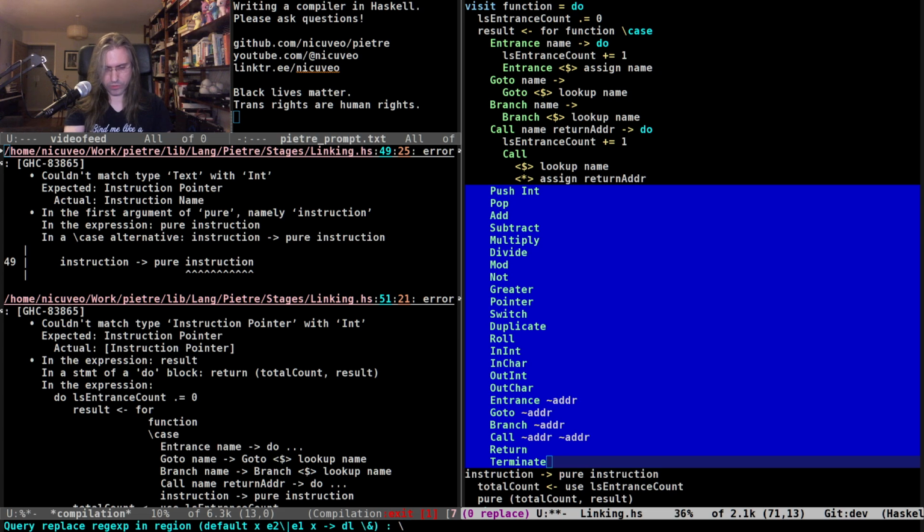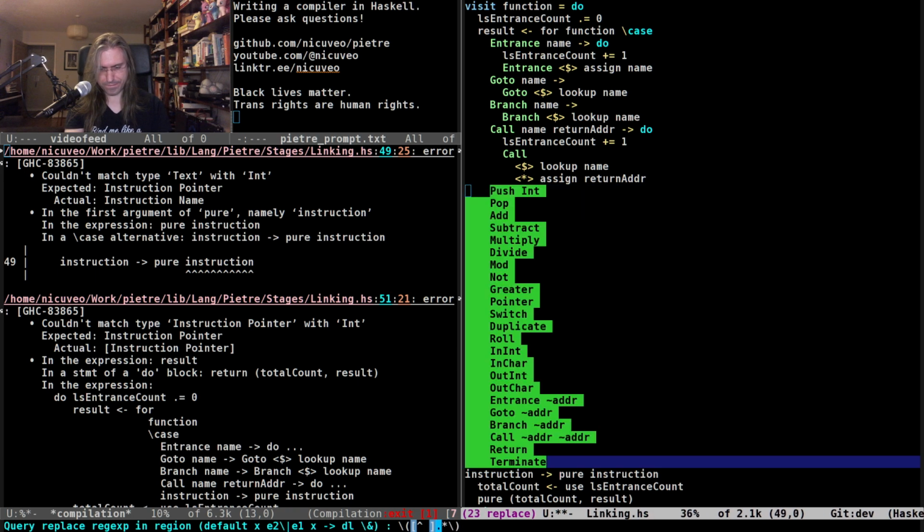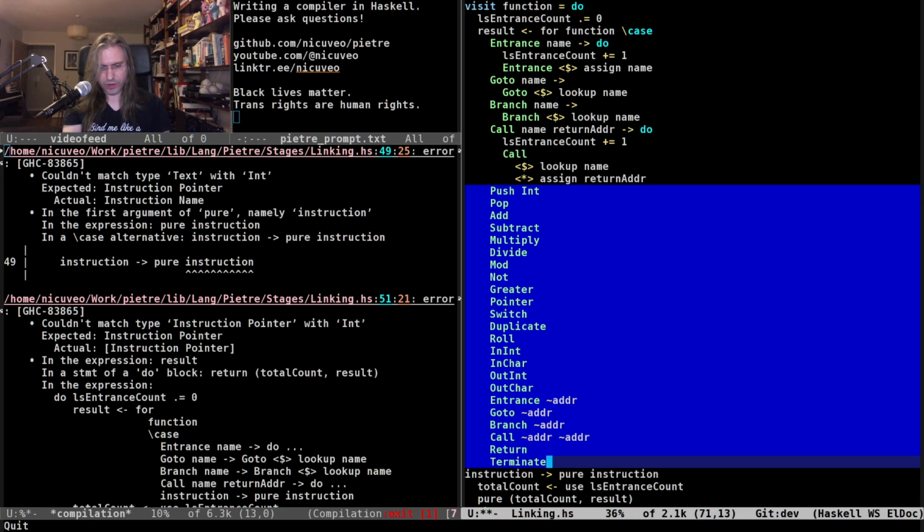I want a group of non-spaces star followed by everything until the end of the line, basically. Oh, wait, this is matching the new line. That's wrong.